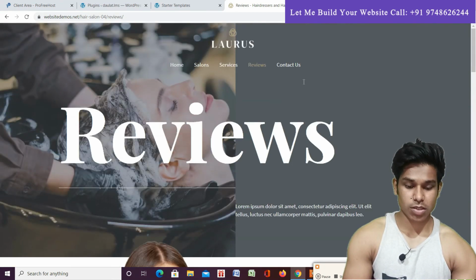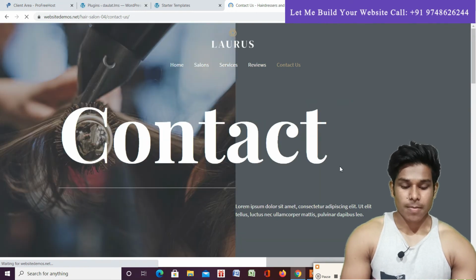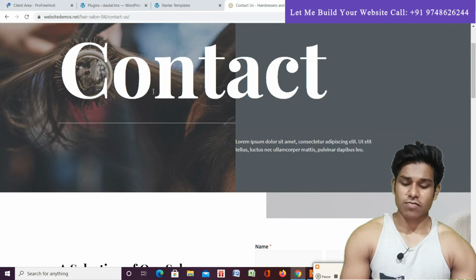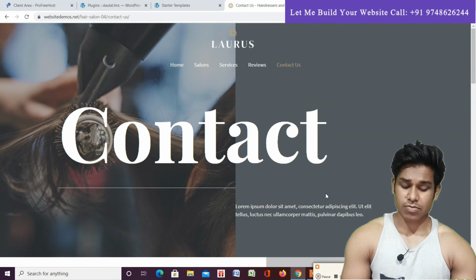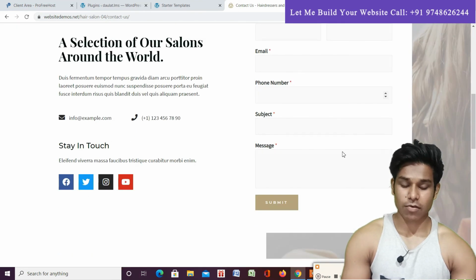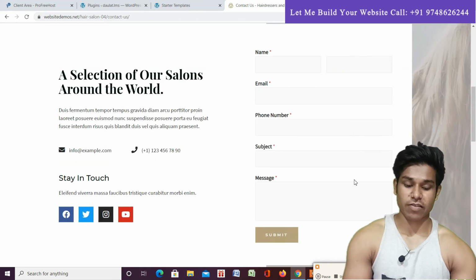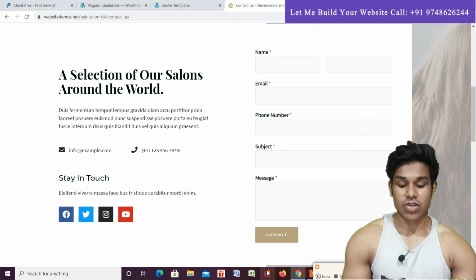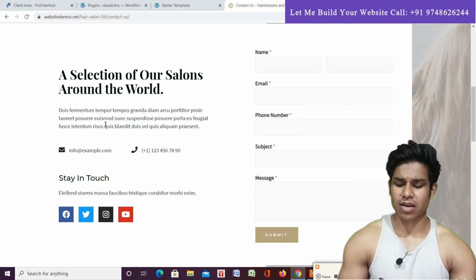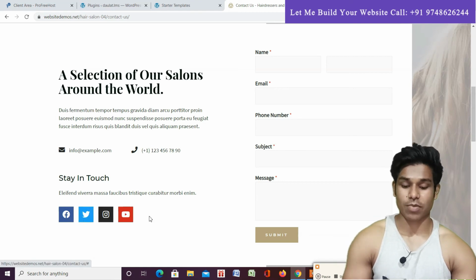Now let me take you to the contact section. So this is what the contact page of this website is going to look like. We are maintaining the same structure. Here we try to include a contact form, so if anybody wants to contact you, they can easily fill out these details and send you the message they want to send. And here you can display literally anything. Here we are providing the contact email ID, phone number, and the social media icons, so they can easily click any one of these icons and follow you on that particular platform.